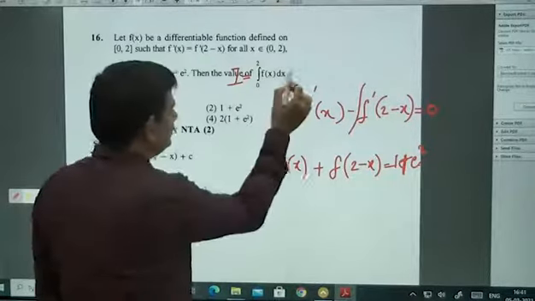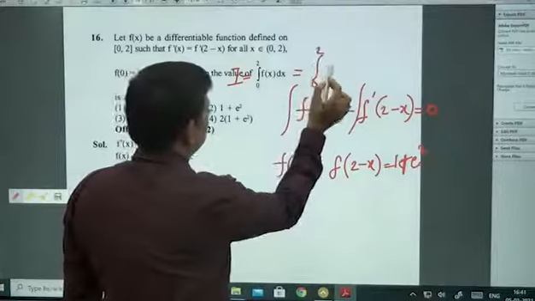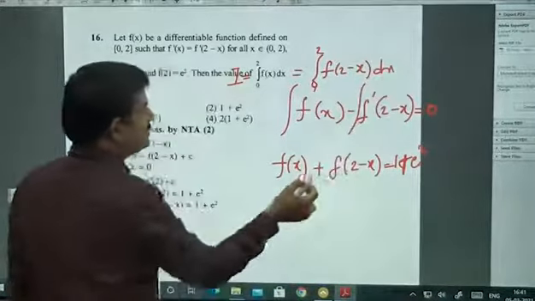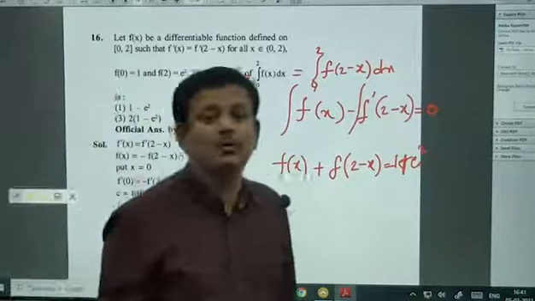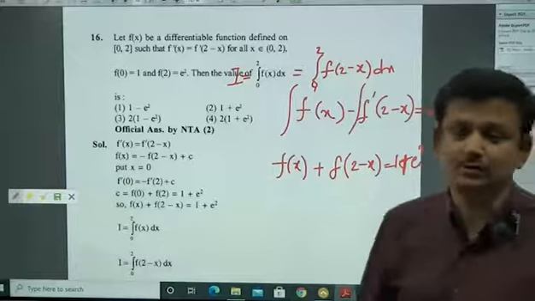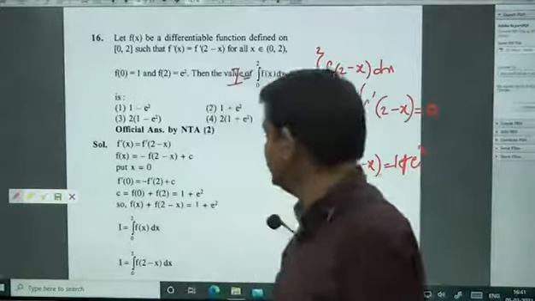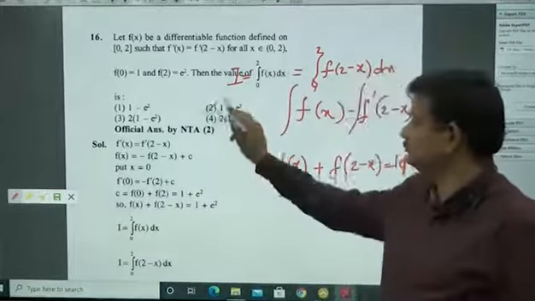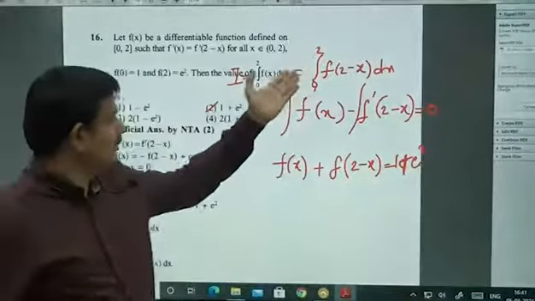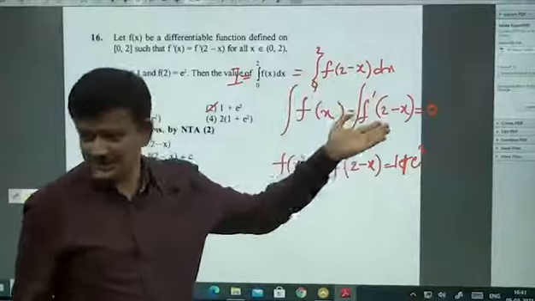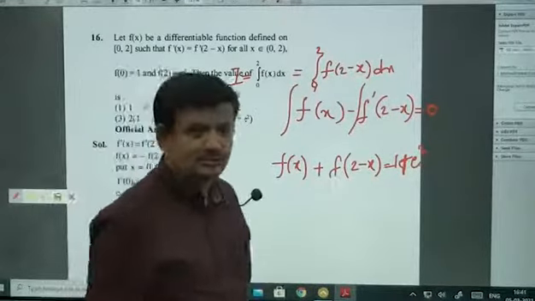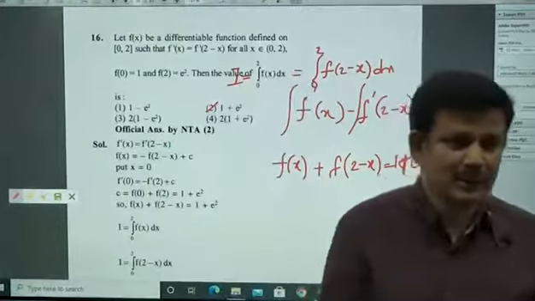I will again be equal to integral 0 to 2 f of 2 minus x. Now what I know is their sum. So add both of them. 2I is equal to 2 into 1 plus e square. 2 gets cancelled. Answer is 1 plus e square. Understood? All that I did is replace x with 2 minus x, add both of them, that sum is given to you, 1 plus e square, that part will be over.